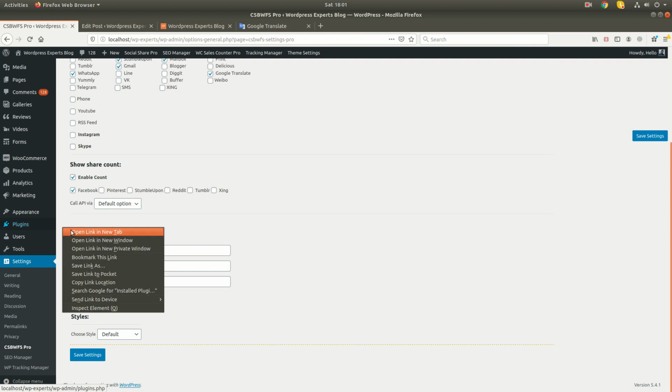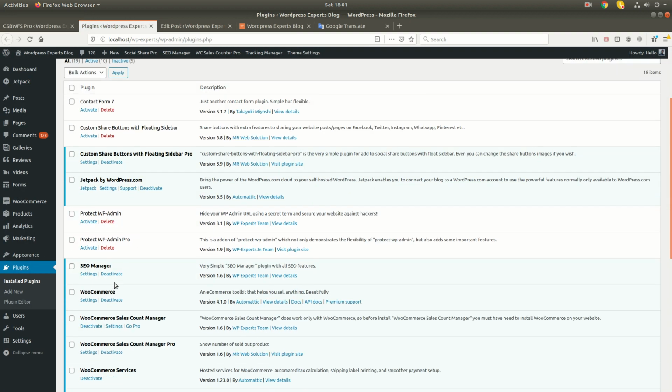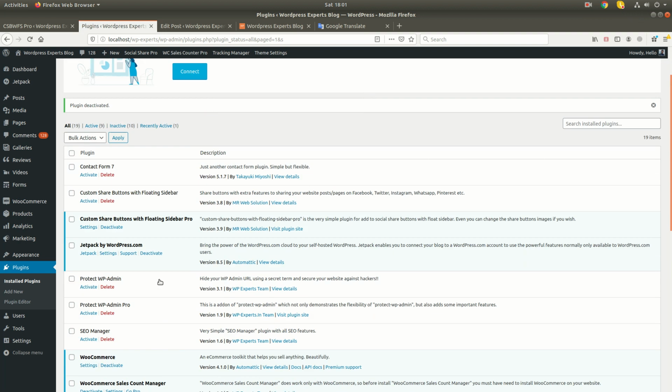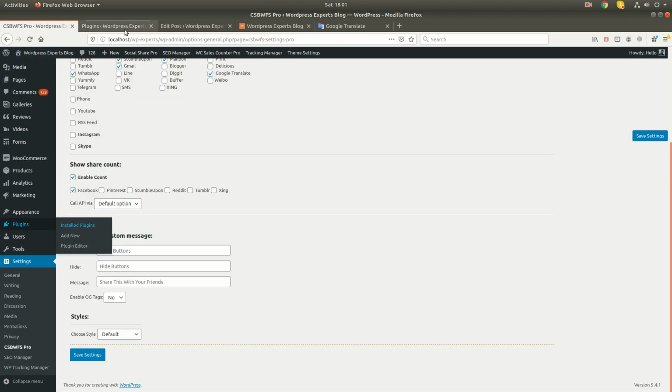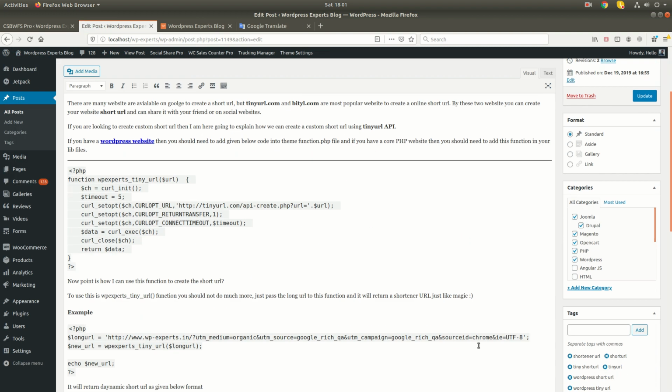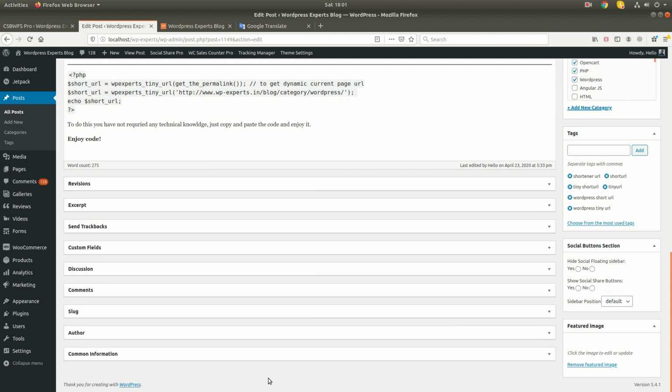Let me uninstall our social share plugins. Many times when your social SEO plugin does not give the feature for OG tag meta, then you can use this feature. Basically, OG tag will help you to define the share content of any page to share on Facebook or LinkedIn. You can define the shareable image and shareable content using OG tags.